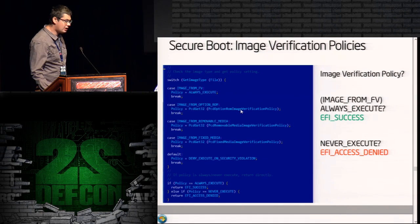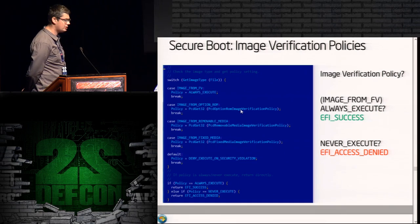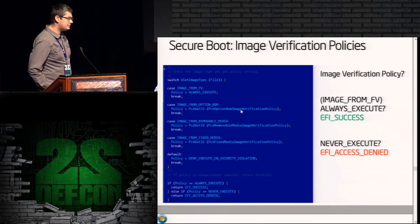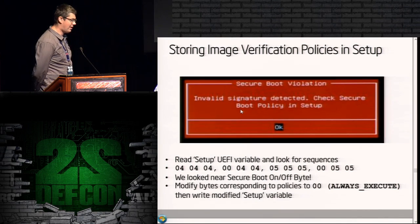So this is how the policies are implemented in open source EDK2. As you can see, they are fixed values that are taken from a platform configuration database, so they cannot be changed at runtime. But sometimes BIOS vendors may choose some flexibility and decide to put them in setup. So this is an actual screenshot from a